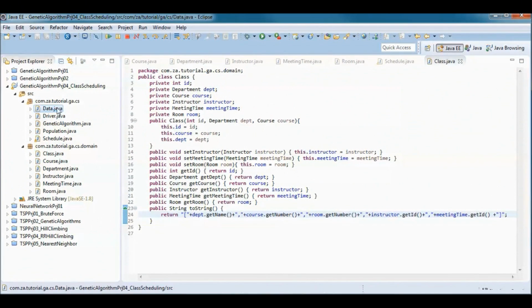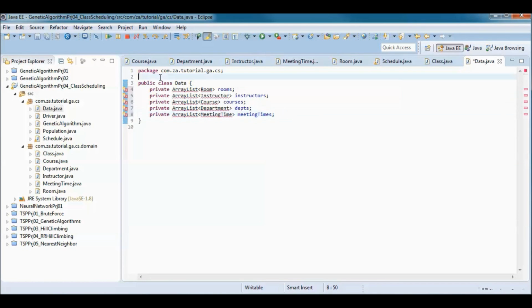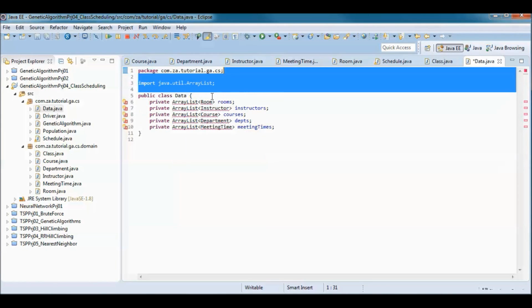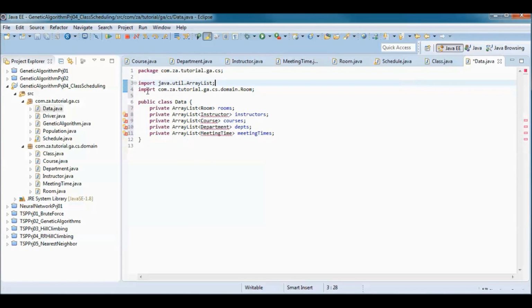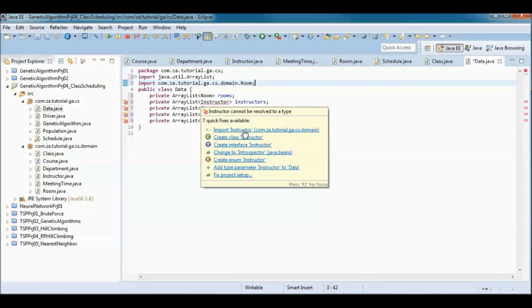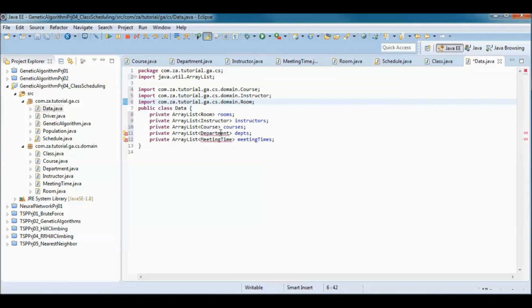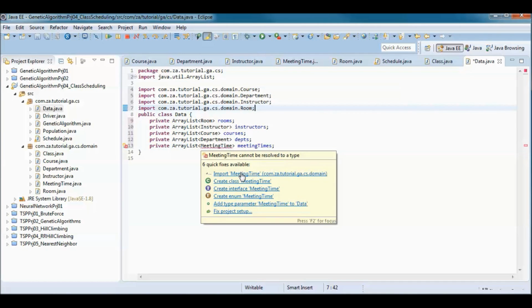Now the data class will have an array list of rooms, one for instructors, another one for courses, and for departments, and for meeting times.